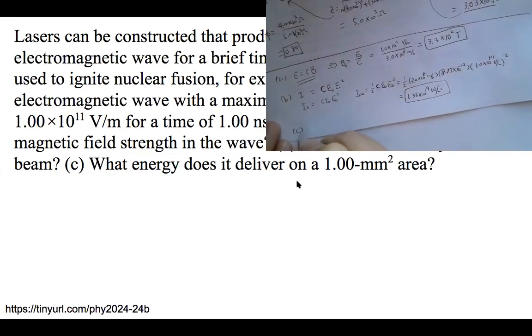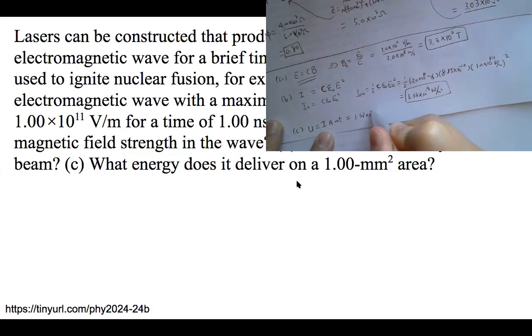All right. The last part, we are looking for what energy does it deliver on a 1.00 area. Okay, so this is the intensity. So then you're looking for energy delivered. It's going to be equal to the intensity times the area times delta T. Okay. So then it's going to be equal to what we got there, times the area is given as 1.00